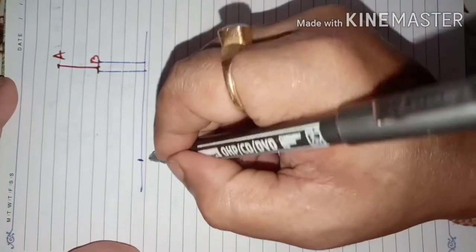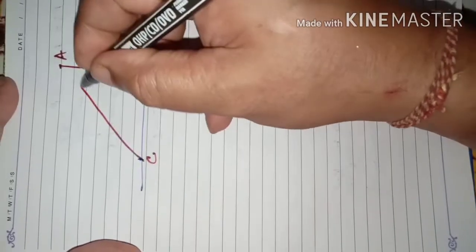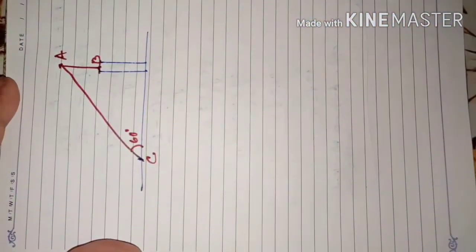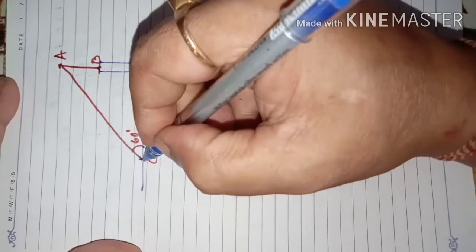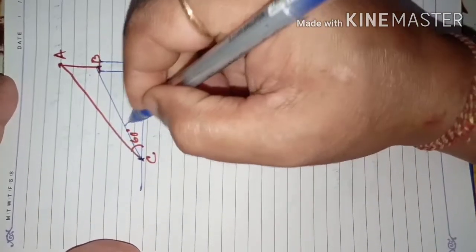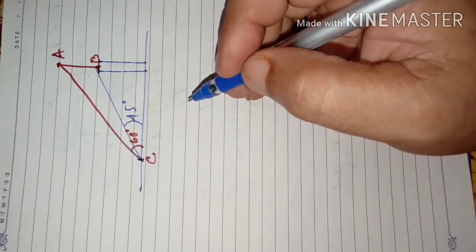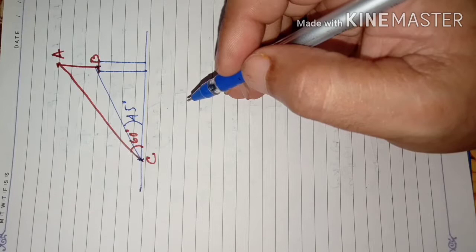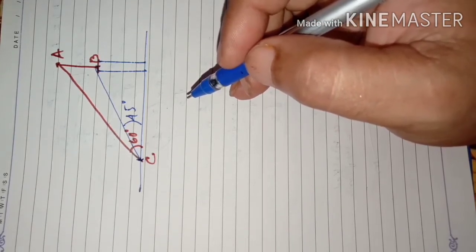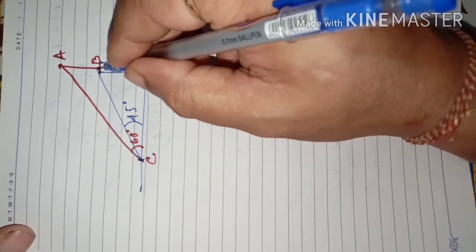Then from a point C, when this top of the tower is looked at, it makes here a 60 degree angle. And when from the same point C, the bottom of the tower is looked at, then here it makes a 45 degree angle. Okay, this is the situation. Now the question here gives a 20 meter high building. The building is BD. BD is the building. So this building is 20 meter tall.